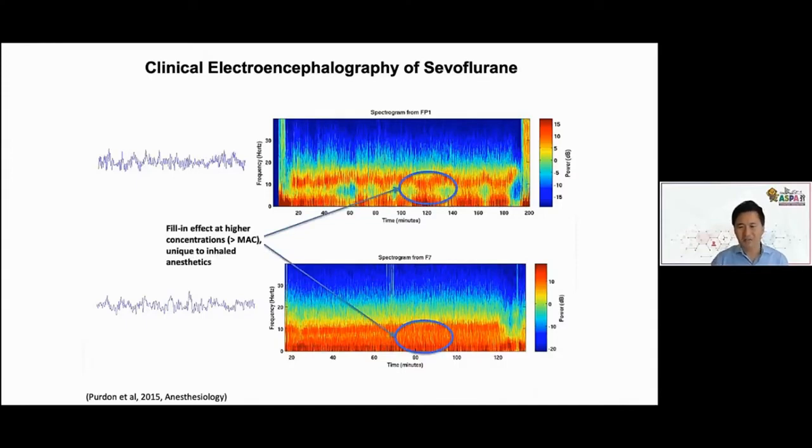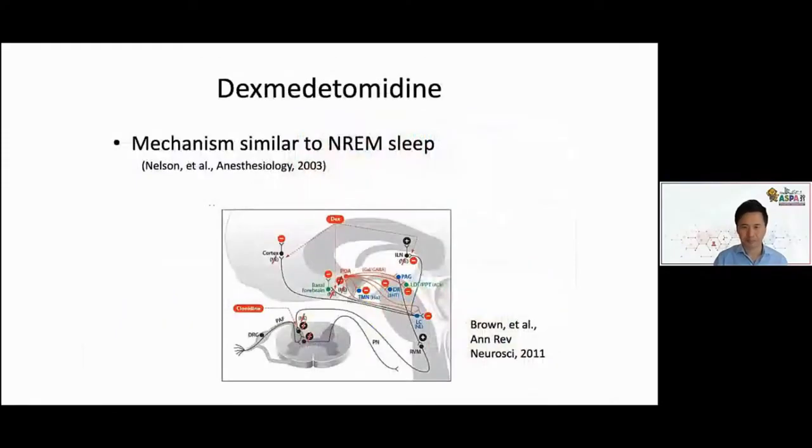And this fill-in of theta frequency seems to be unique to the inhaled ether-derived anesthetics. So sevoflurane, desflurane, you don't really see it with propofol. So dexmedetomidine is, of course, a drug that you use very frequently as a sedative or as an adjuvant for general anesthesia. And it has a mechanism similar to non-REM sleep in that it